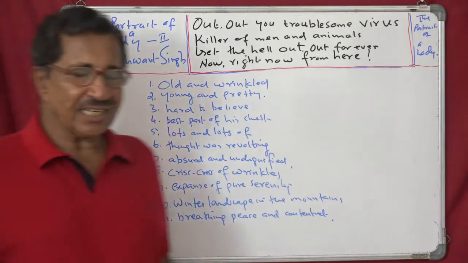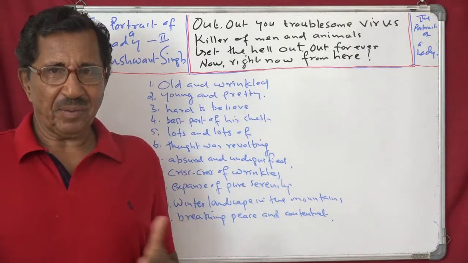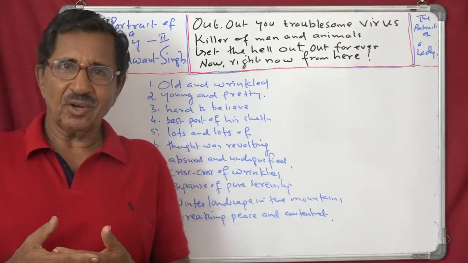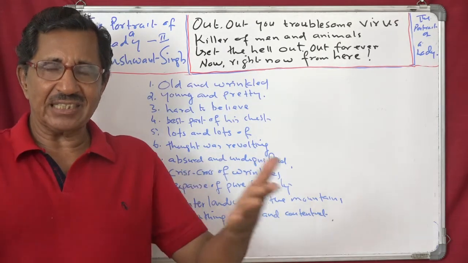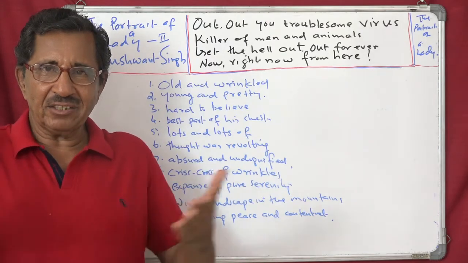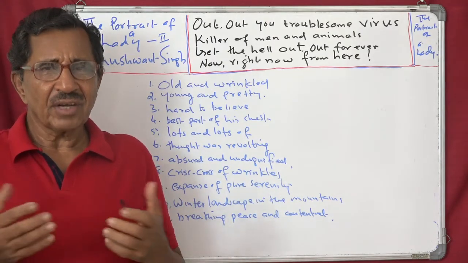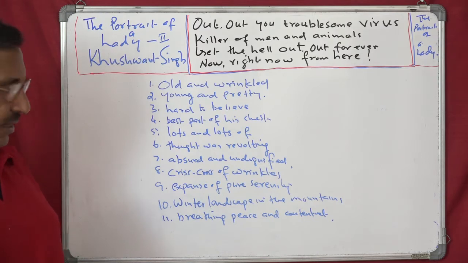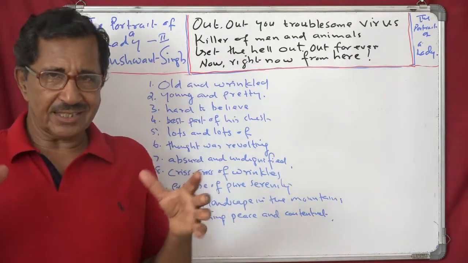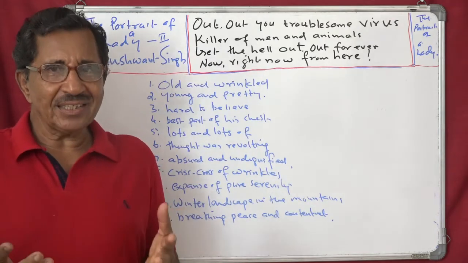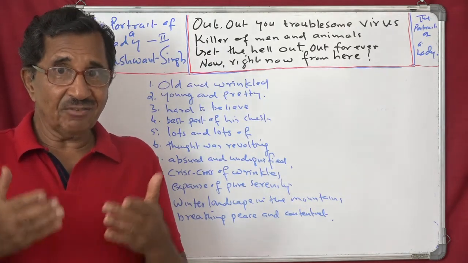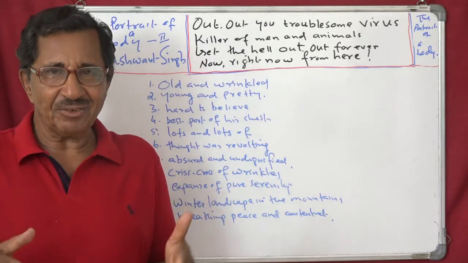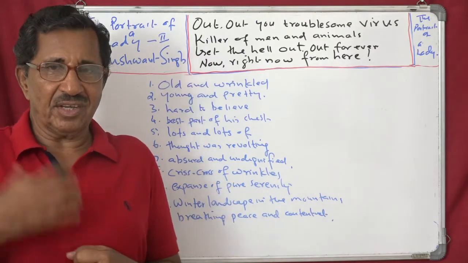Then expanse of pure serenity. Serenity means peace. Expanse means which is spread. When you go to some lonely places, you will see it is an expanse of serenity. Now, grandmother is an expanse of serenity means she is very peaceful, very calm and quiet. That's the meaning. Next is winter landscape in the mountains. Winter season, it's a quiet season, less activity, and in the mountains, lesser activity. So winter landscape in the mountains means practically no activity, because she is terribly old,